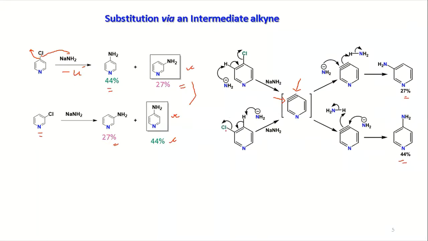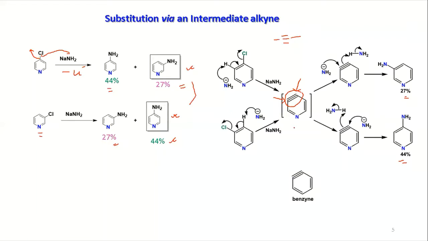Now, how is the mechanism happening? It's shown here. First the amide is acting as the base, so it is abstracting the proton and generating the alkyne intermediate. Now this alkyne is very, very reactive, because generally an alkyne has to have a straight line conformation, but here you have the bent structure. So that's why it is not surviving, it quickly tries to react, and your amide is attacking, preferring to attack at the 4 position first. So in both cases you'll have the same product distribution. This is very, very important in terms of exams, I'm telling you. Many times this question comes.